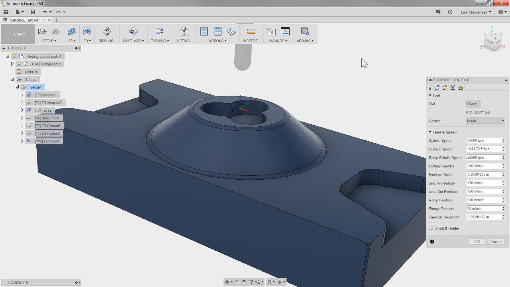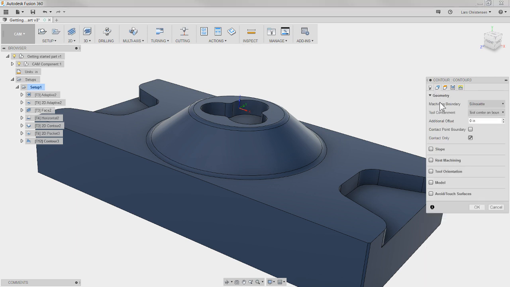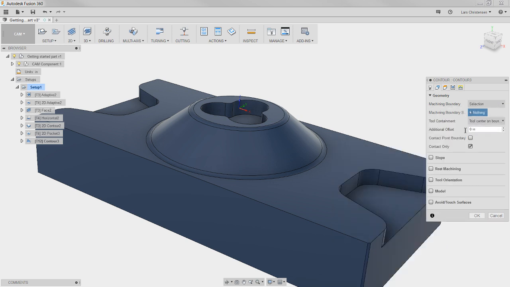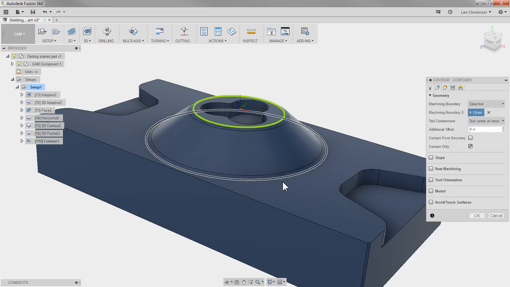Hit OK. And for the boundaries, you could do silhouette, but we'll do again the entire part here. But I really want to contain just this cone shape. So I'm going to go in and hit selection. Hit this top up here. Hit this top over here. And if you remember,